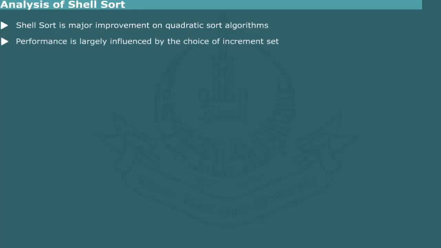Analysis of shell sort. Shell sort is considered a major improvement on quadratic sort algorithms. Although it can easily be implemented, the analysis of its performance is difficult and quite involved. It has been a subject of several investigations since it was introduced. Various analytical and empirical studies show that the performance of shell sort is largely influenced by the choice of increment